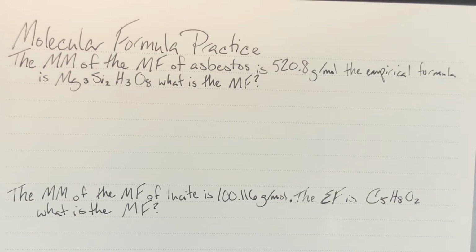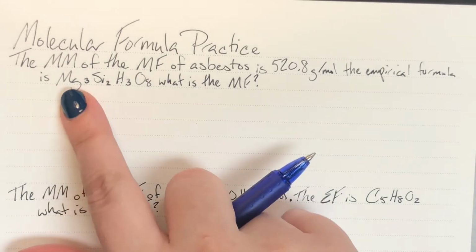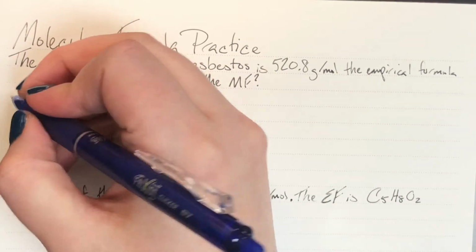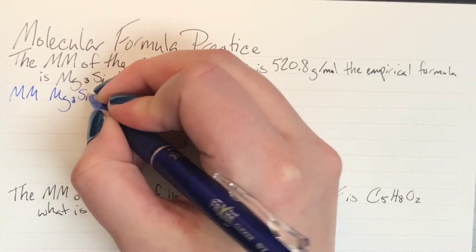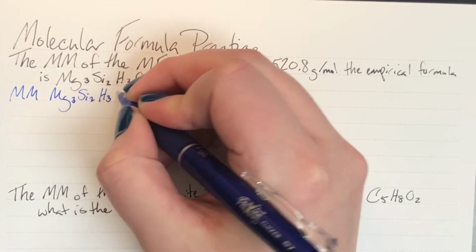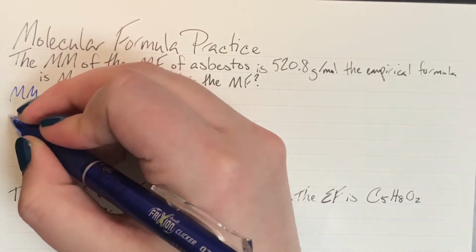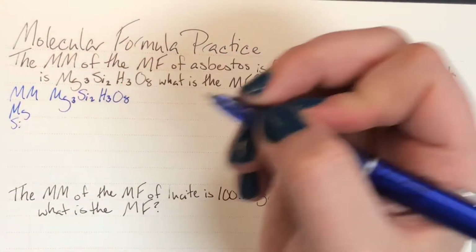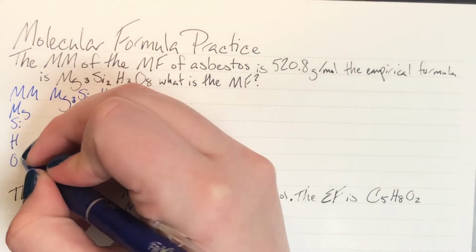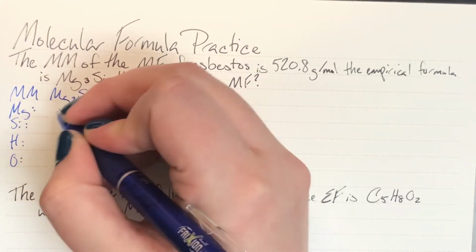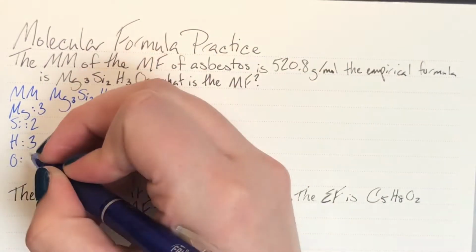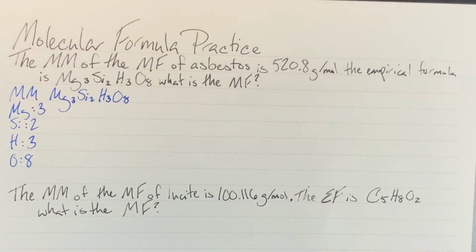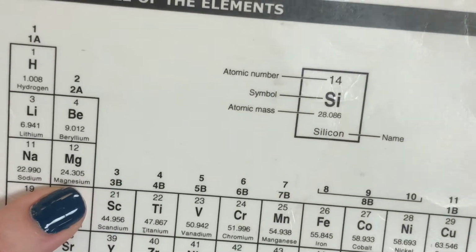Now the very first thing that I'm going to do is find the molar mass of the empirical formula, Mg3Si2H3O8. Okay, so I have 3 magnesiums, 2 silicons, 3 hydrogens, and 8 oxygens. So then I just need to go to the periodic table and find their masses. With magnesium, my mass is going to be